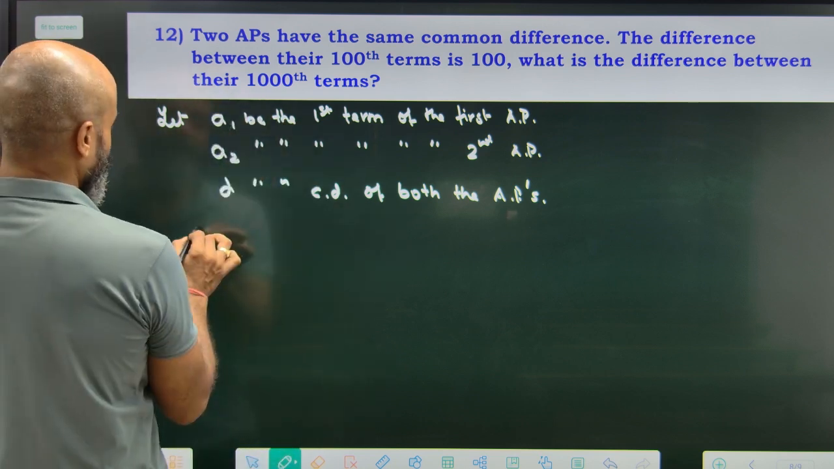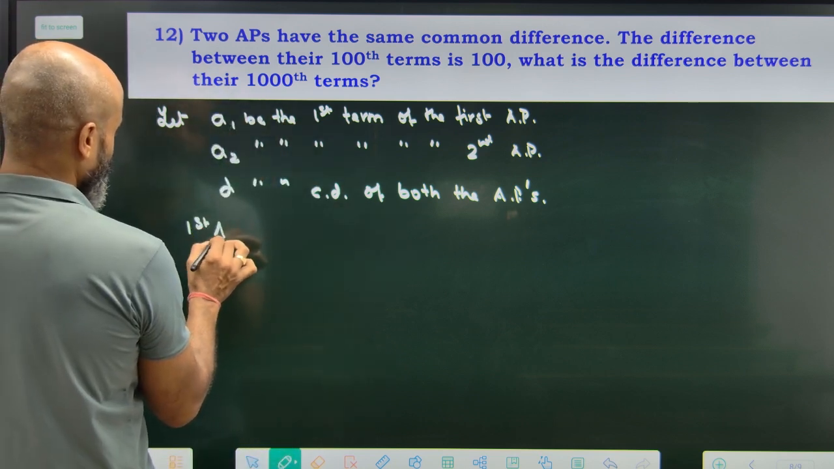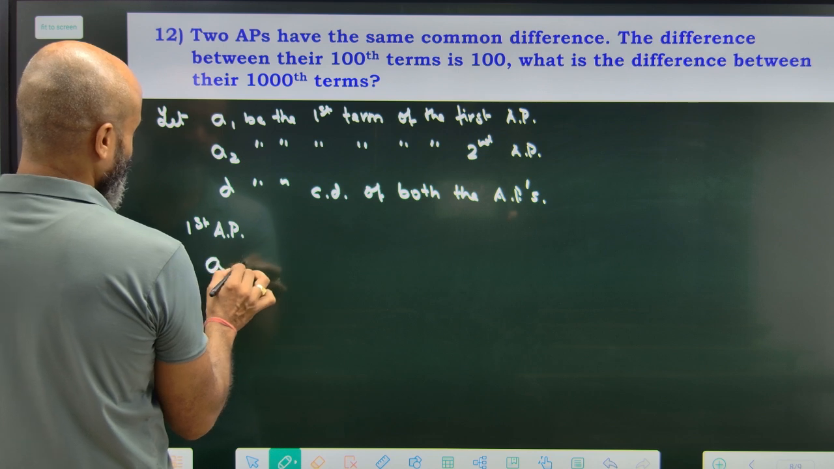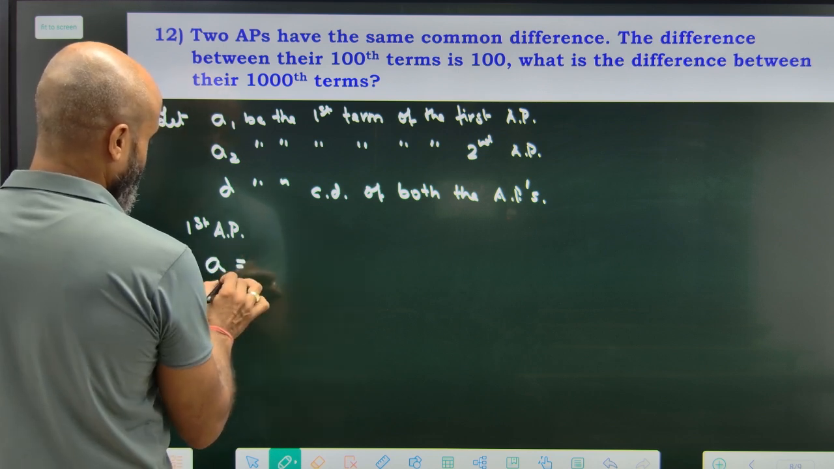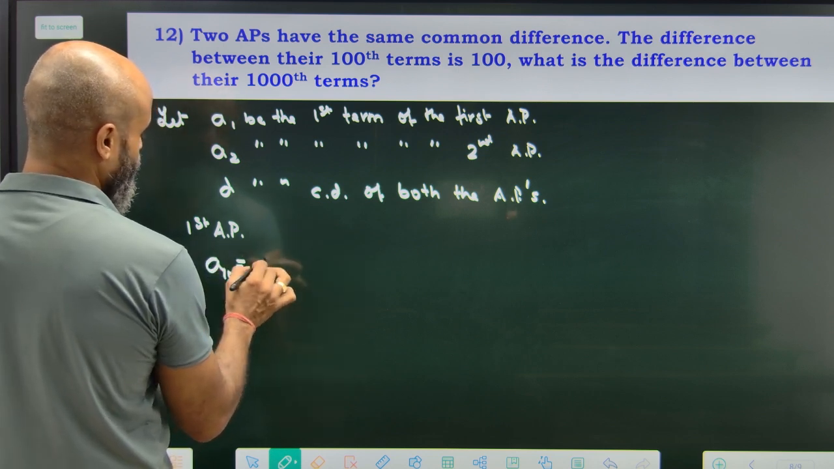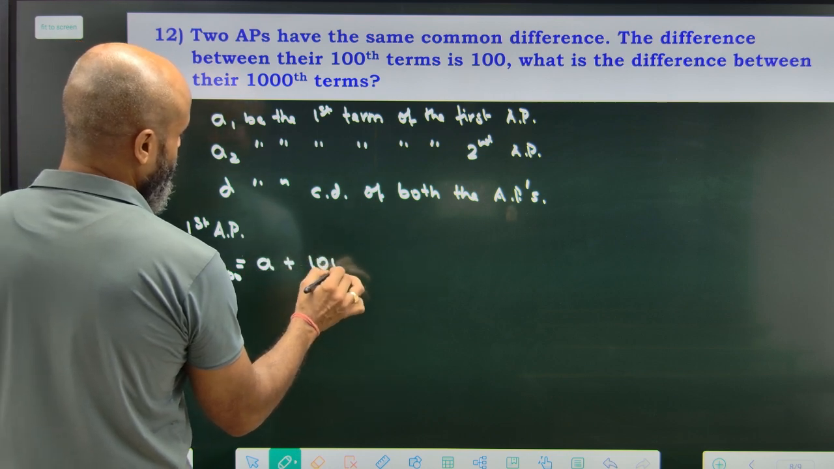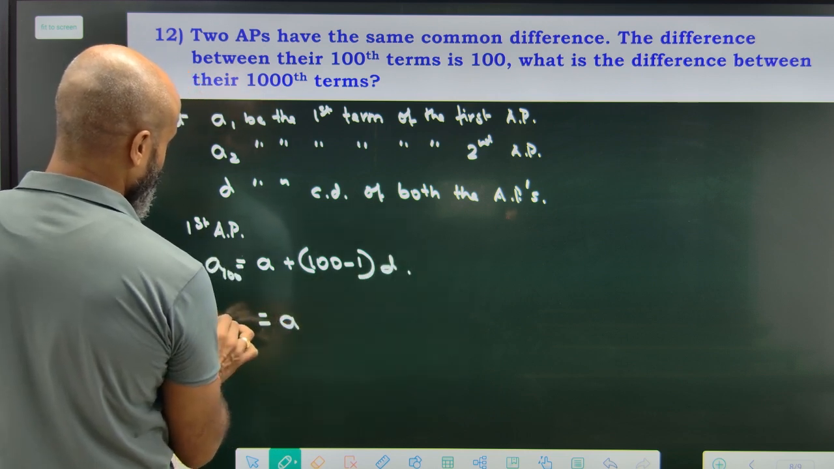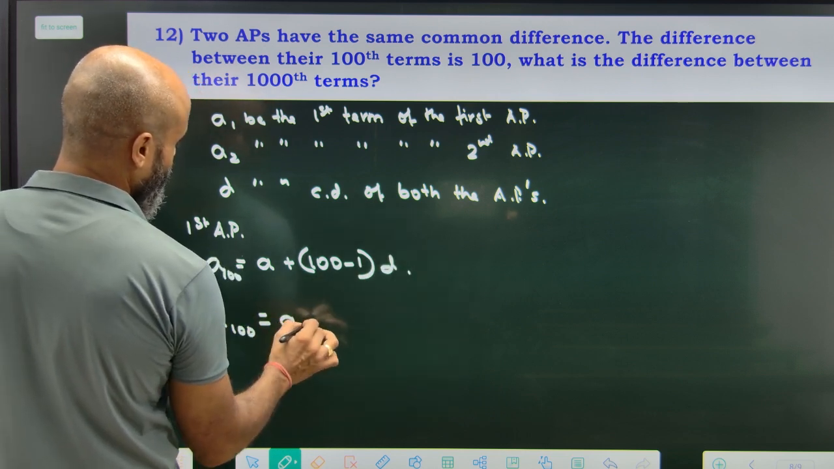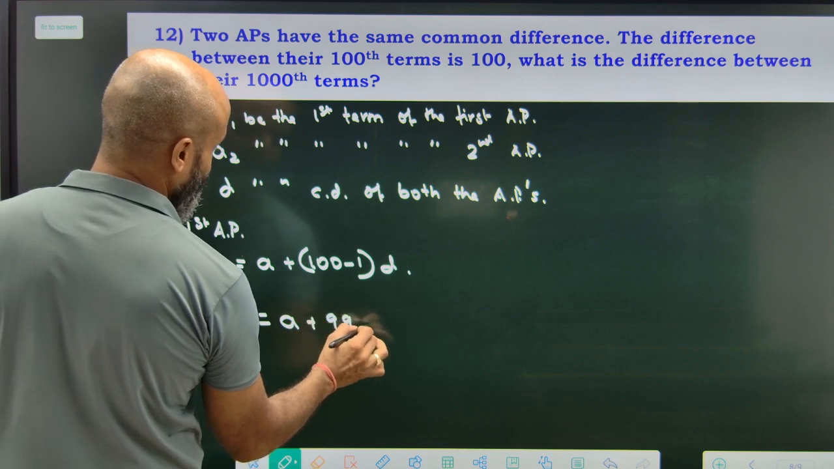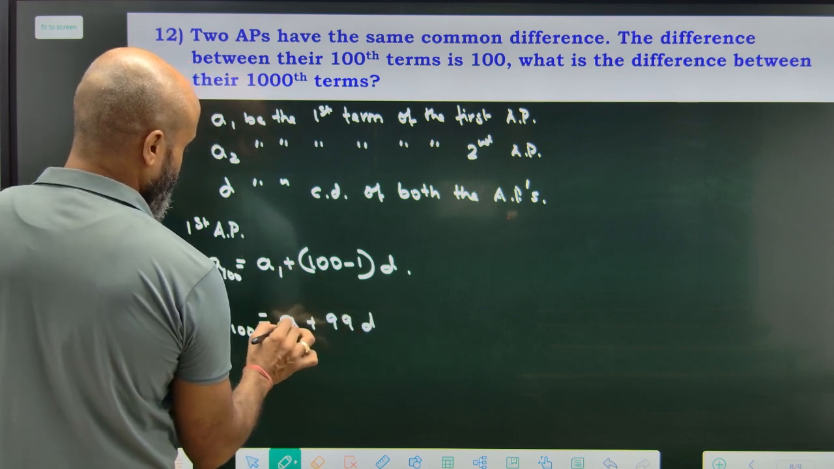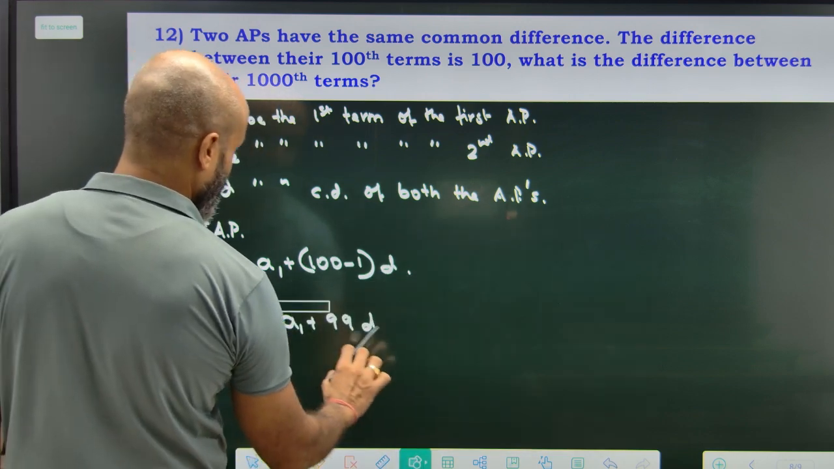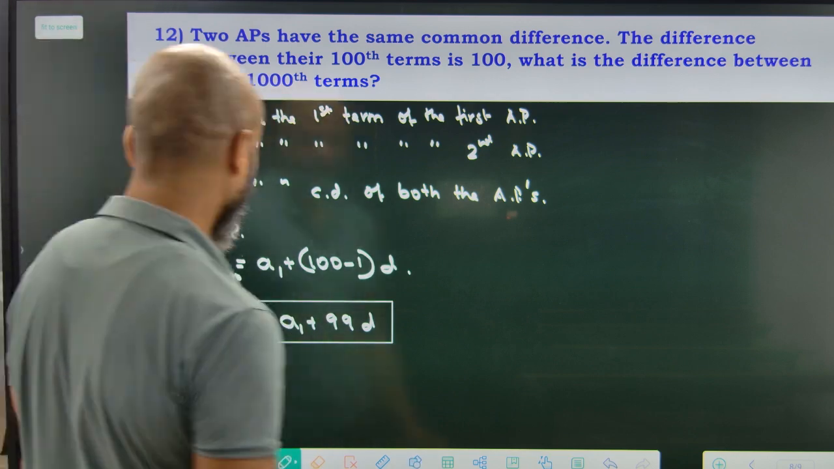So for the first AP, this will be the 100th term. A100 is equal to a plus 100 minus 1 into d. So this will be a100 is equal to a plus 99d. So this will be a1 plus 99d. This becomes your 100th term. Okay, now for the 1000th term,